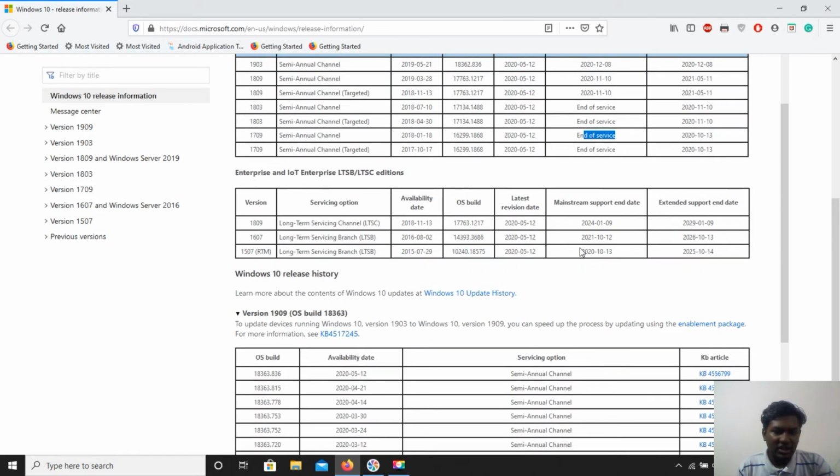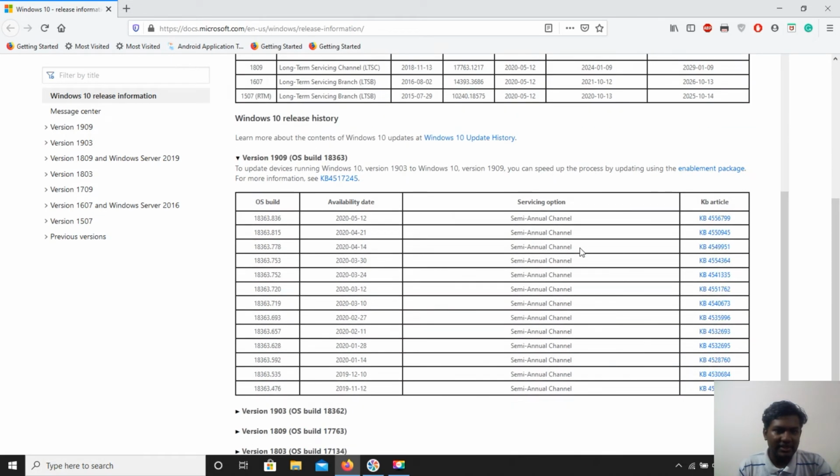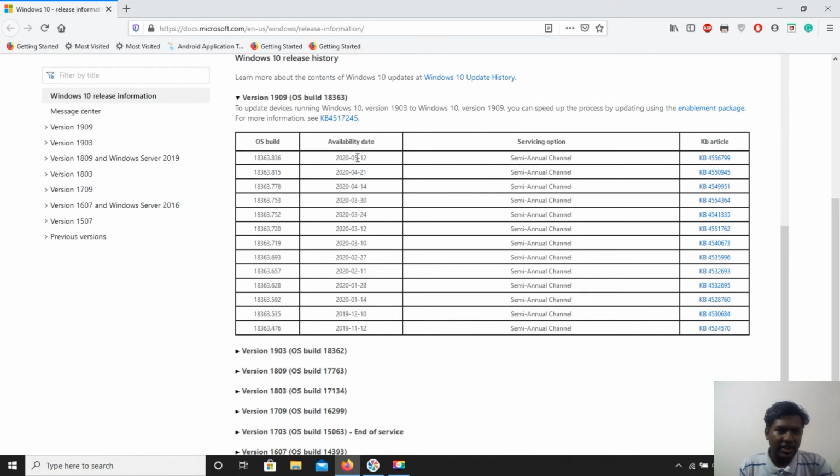If we scroll further down, we can see the build history. This is what I was talking about, the patches which Microsoft releases every month. This is the latest KB which Microsoft released as part of the May patch updates. If I click this KB article, I can get more details about the patches released by Microsoft.